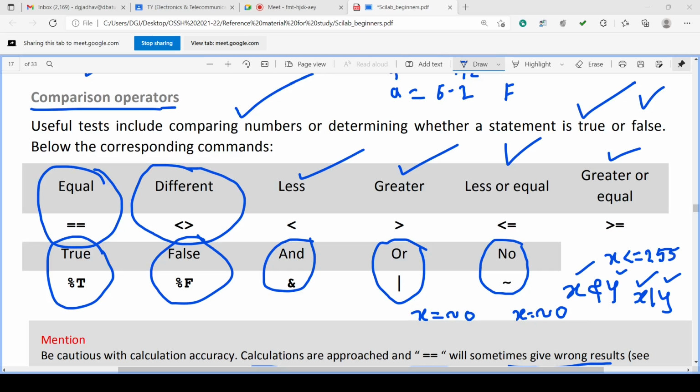You can also compare two different values directly, you can write 2 == 3. This is also correct. It will be false. If you write 2 == 2, it will be true, isn't it?